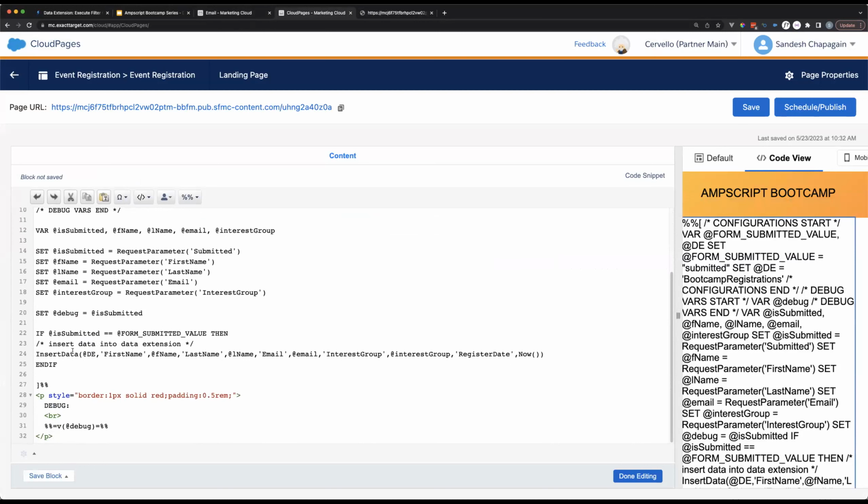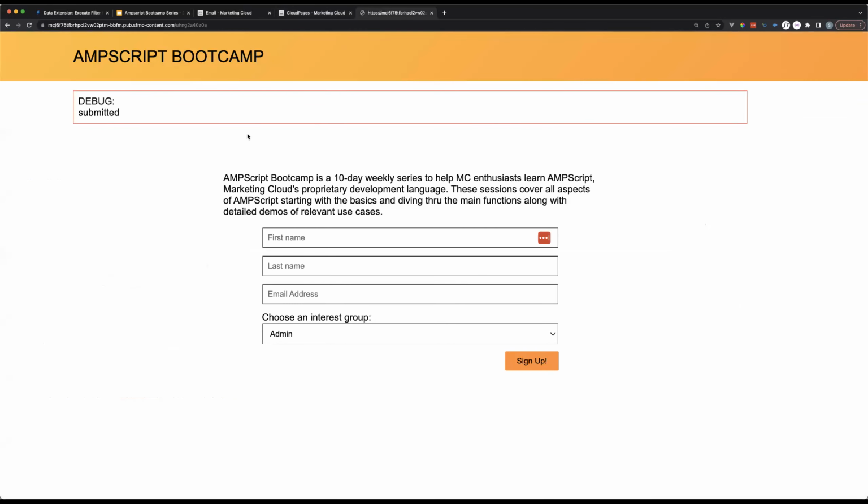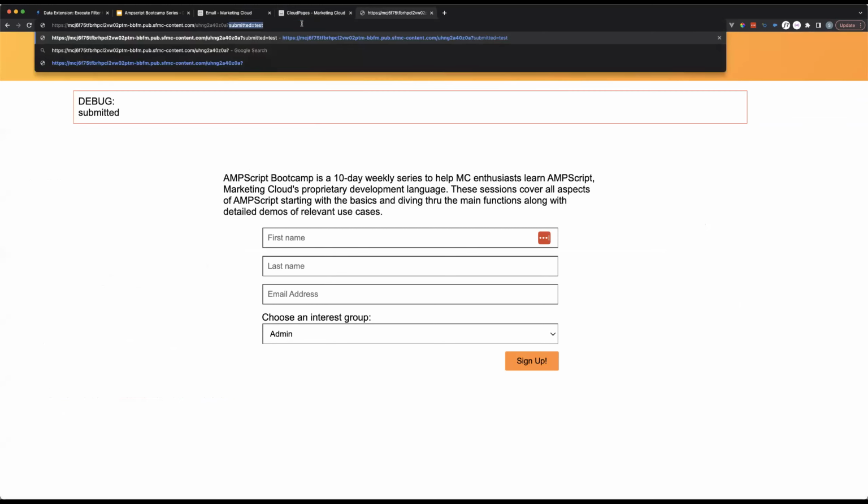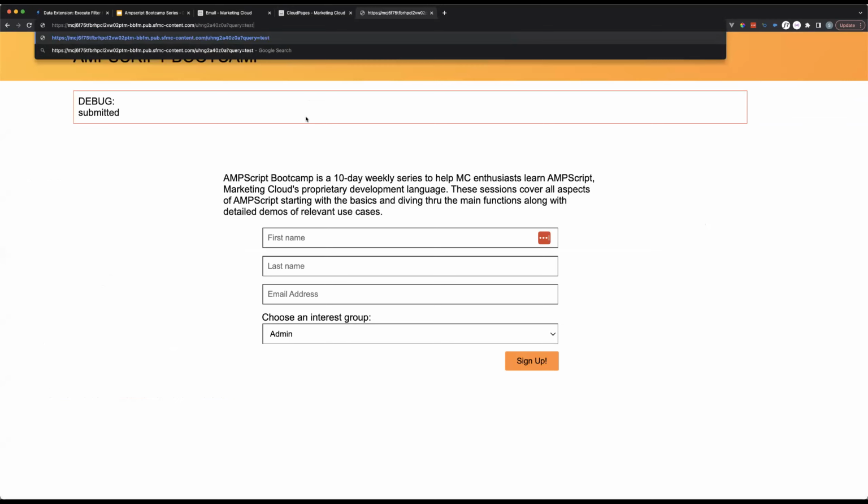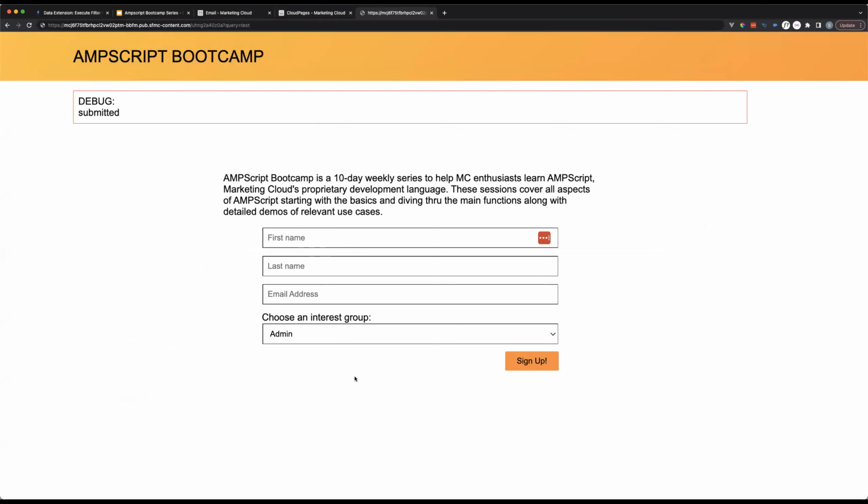I see the question. What is the difference between request parameter and query parameter? So query parameter only works for query parameters, whereas request parameter works for both post and get requests. For example, query parameters are these things at the top. I hope you see the URL. So if you type something like query equals test, then this parameter query is a query parameter. The thing that is posted through a form is not a query parameter. That is a post parameter, and you need to use request parameter to get that. I do believe that request parameter also gets query parameter though, so it might be redundant.